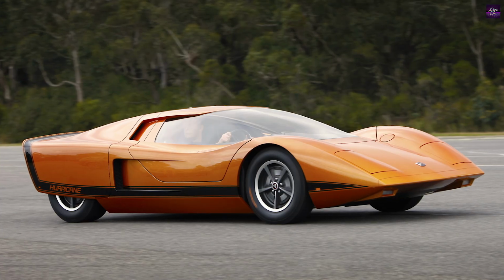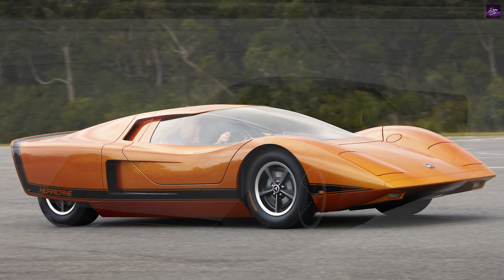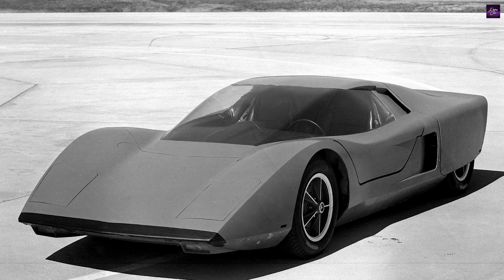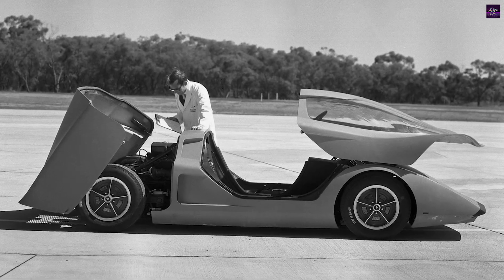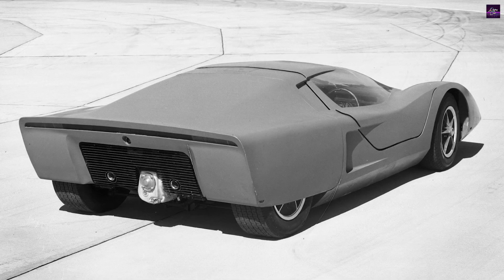The Holden Hurricane, unveiled in 1969, stands as one of Australia's most groundbreaking concept cars. Standing just 39 inches tall, this radical two-seater showcased revolutionary design and technology that would influence automotive development for decades to come. The Hurricane's story began in the late 1960s when Holden commissioned the project to demonstrate their aerospace technology